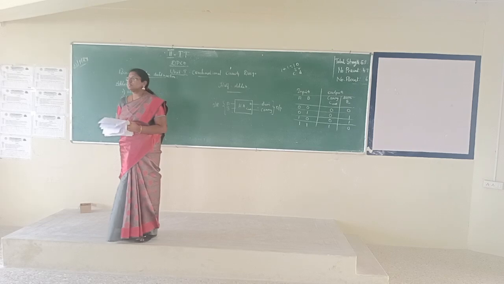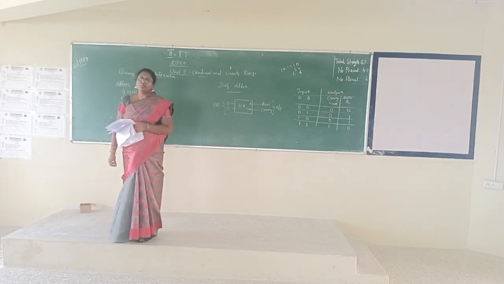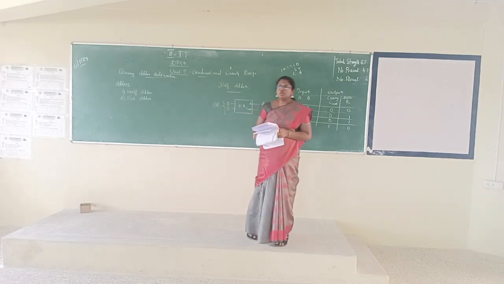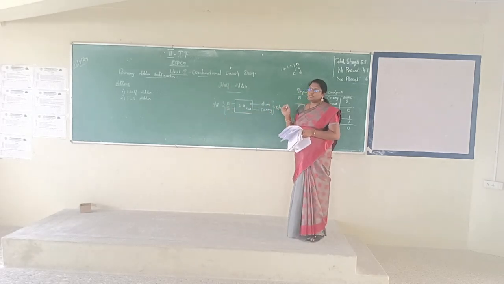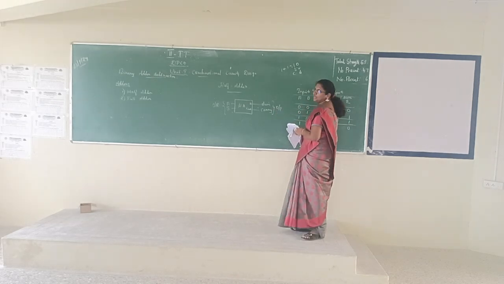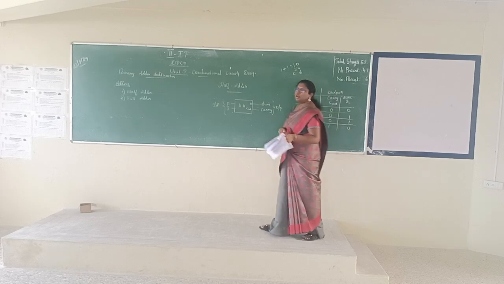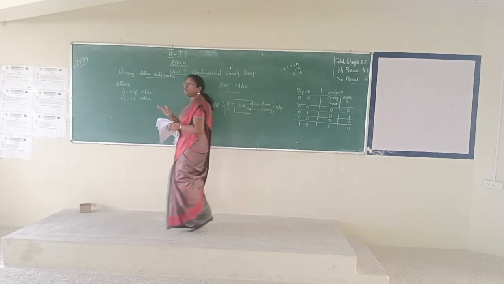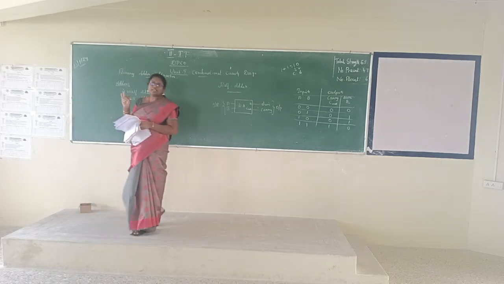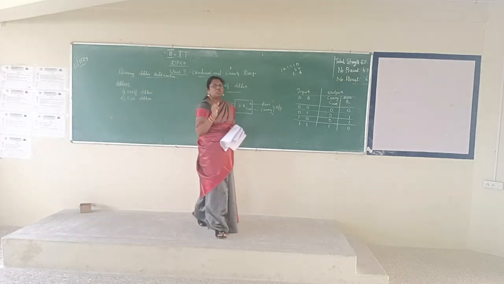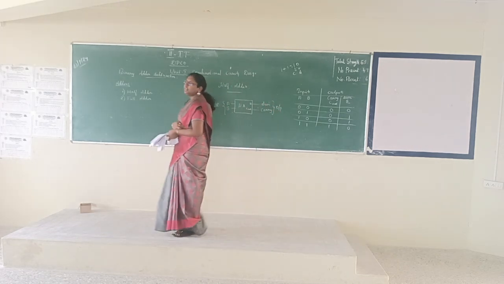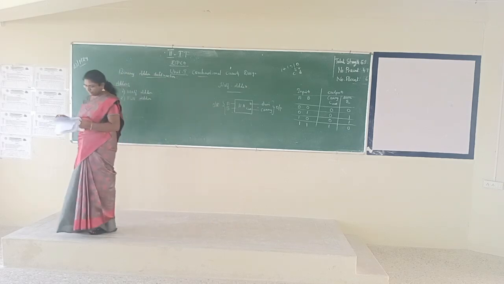After that, what's the next step? KMAP simplification, right? So we are going to do the simplification using KMAP for carry as well as sum, right? So half adder will produce 2 binary outputs, sum as well as carry. So we are going to design the truth table for sum as well as carry, right? Then the next thing is KMAP simplification.